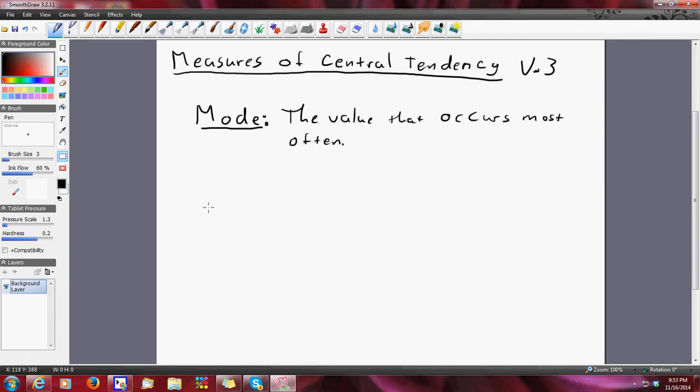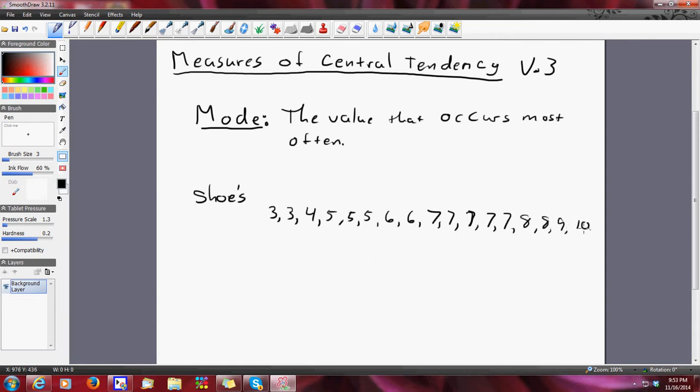But the example I like is, let's say I'm a shoe salesman, all right? So I sell shoes. And what I notice is this. Over the course of a week, I sold shoes in the following sizes. And this ends up happening. And what you could do is you could find the average